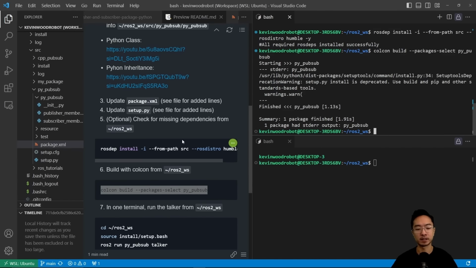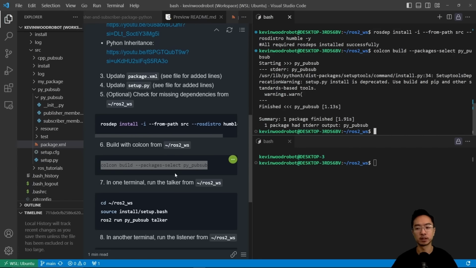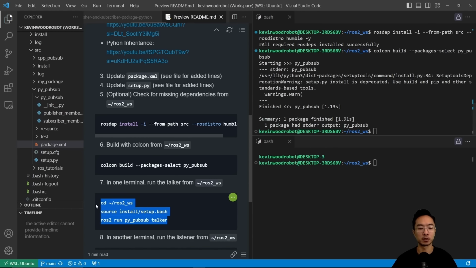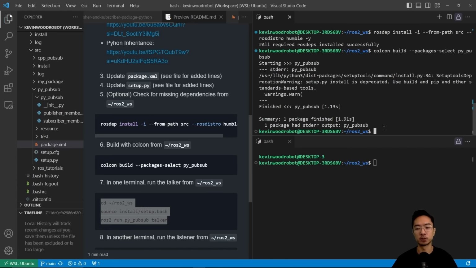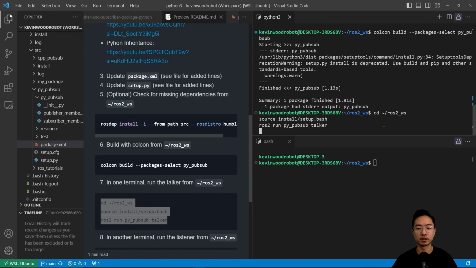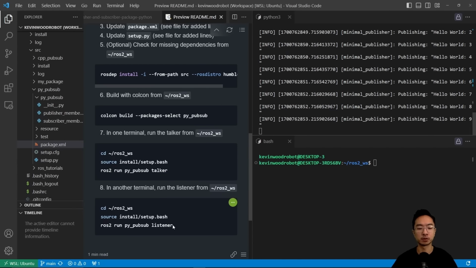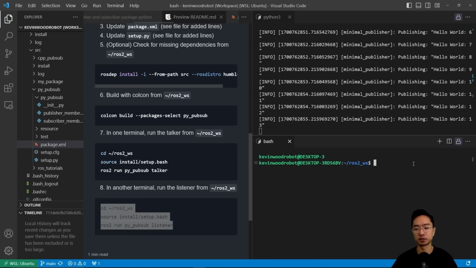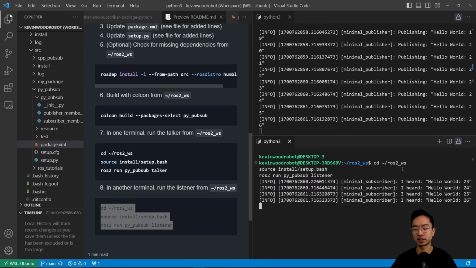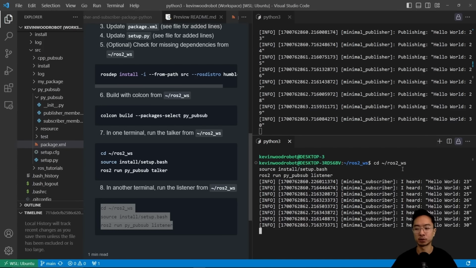And after the package is done building, what we want to do is create another terminal and then run the talker from our ROS2 workspace. So before you do that, you need to source it so that the talker command will show up. So if I go ahead and run this, this will start my talker. And then in the other terminal, we want to start our listener. So to start our listener, we're going to run a similar command, but now with the listener. So here we have our listener, and you can see that it says, I heard hello world and the number